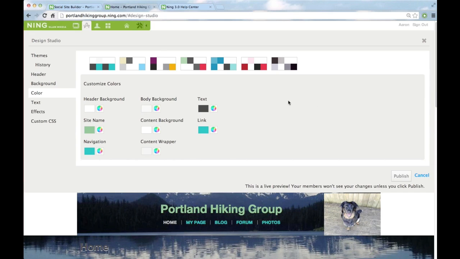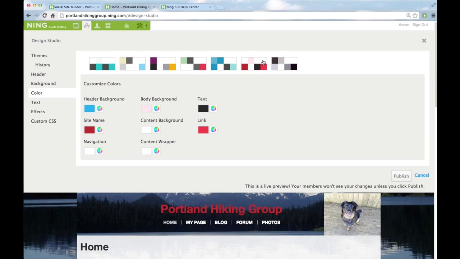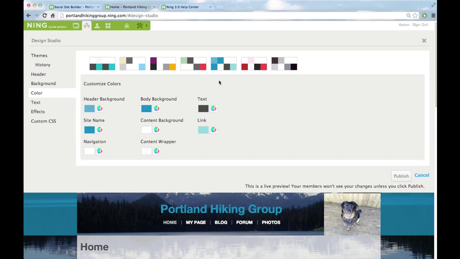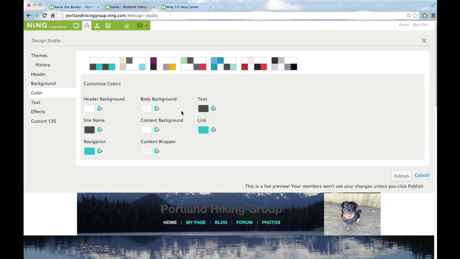Different themes each have their own palette. So if you click on one of these, this is the one for the cherry or cupcake theme, which has a lot of red. This is for cedar, I think, that has the blues. I'm going to switch it back to aloe, but you can create your own custom color palette and change things